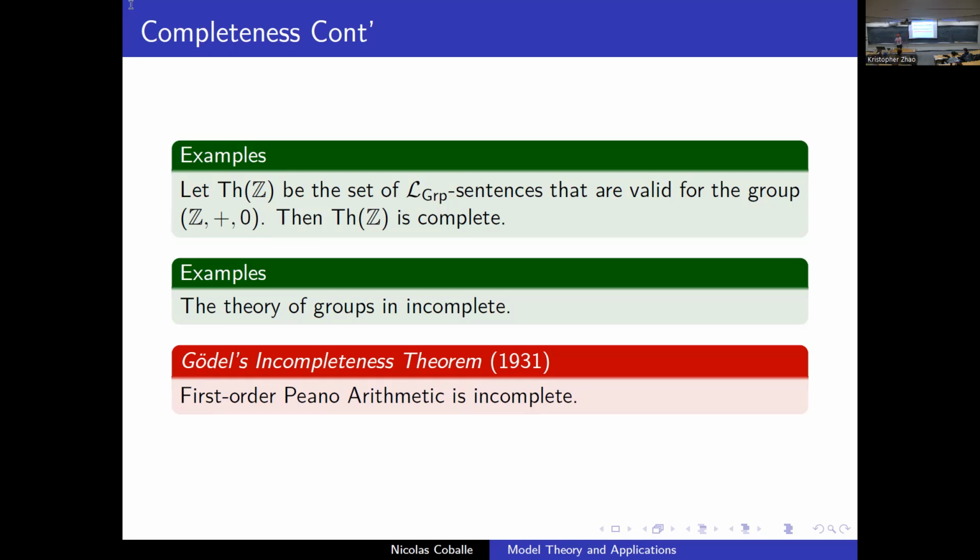But for that example, you can't extend it to make it complete, right? I mean, you need to restrict it. Like you need to focus on a certain model. Yeah, I'm taking a specific model and just adding all the sentences that are valid in that model. Joel: Isn't the theory of any sufficiently general algebraic structure incomplete? Like the theory of fields is incomplete because you can have fields with precisely two of